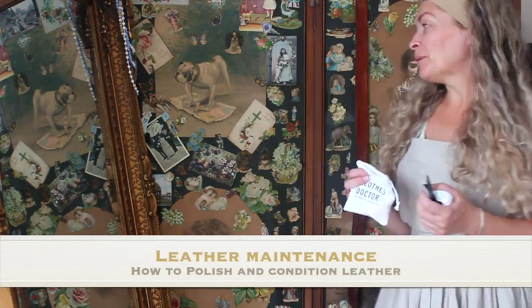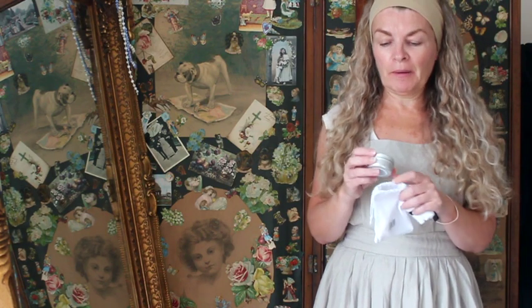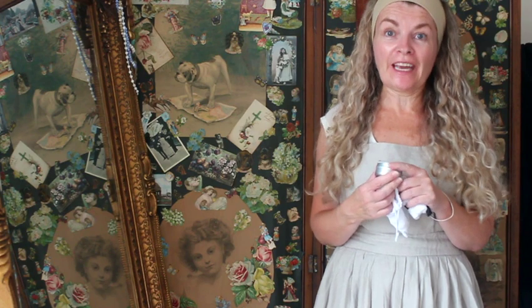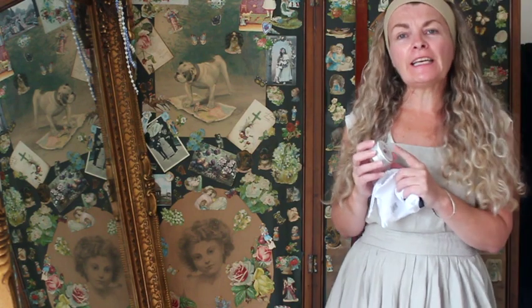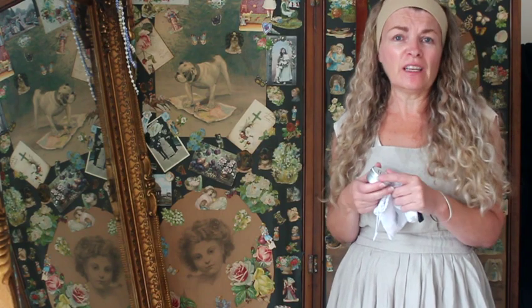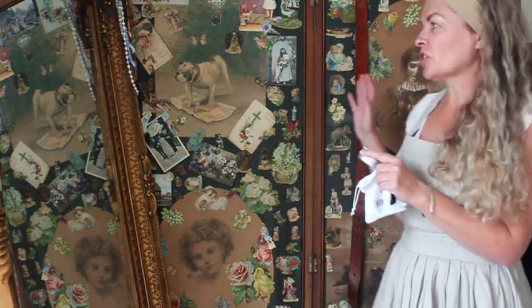So last but not least, I want to demonstrate to you, this is the last of the pieces that I have in the wardrobe refresh kit from the Clothes Doctor. It's number 11 and it's the leather balm. Now obviously this is mainly for shoes. You could use it on shoes, I guess you could even use it on jackets, but just for demonstration purposes I thought I'd show it to you